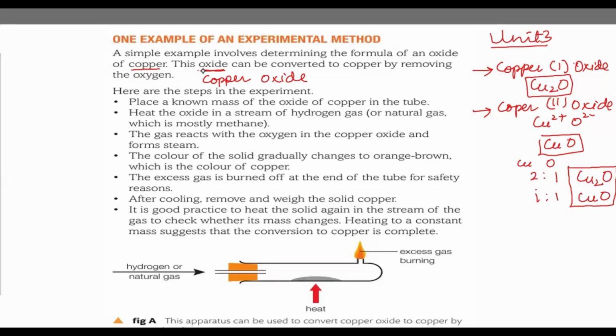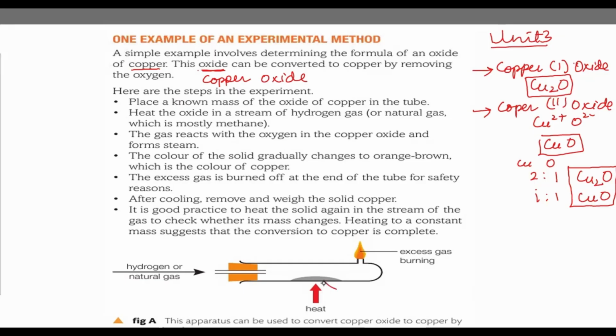Okay. Now here the experiment is in the test tube, in the combustion tube. In fact, normally they take the combustion tube. Here they have taken a hard tube which can withstand heat. Combustion tubes are open from both sides, and they have a cork in them, so they are there to withstand a high amount of energy. But here they have taken the test tube. That's perfectly okay. Now let's see what they have.